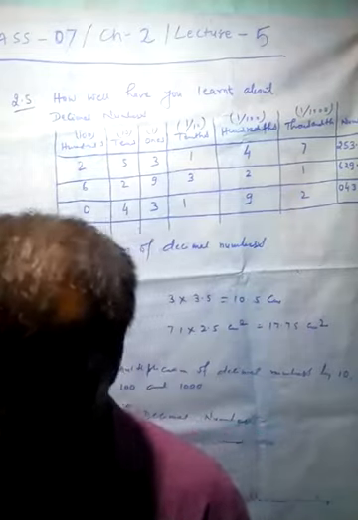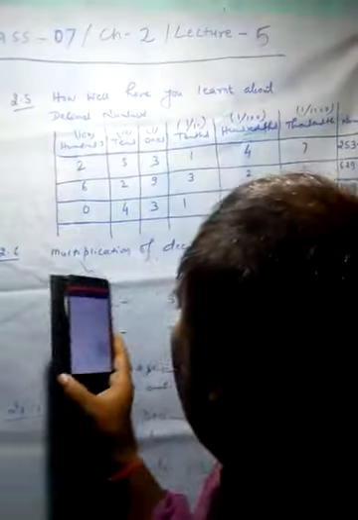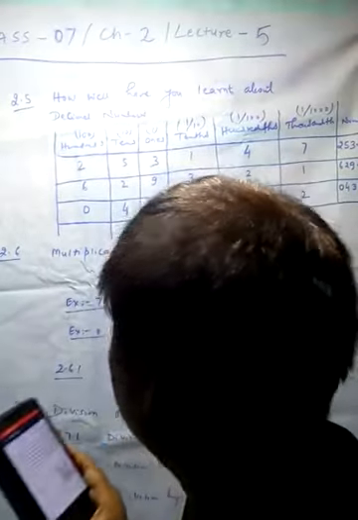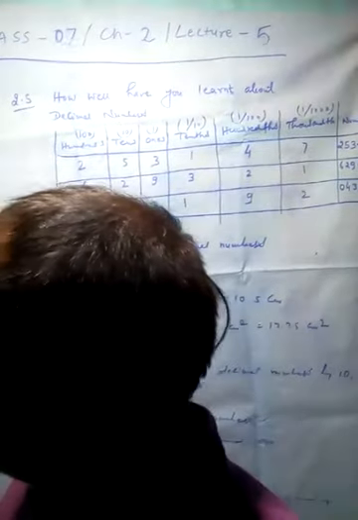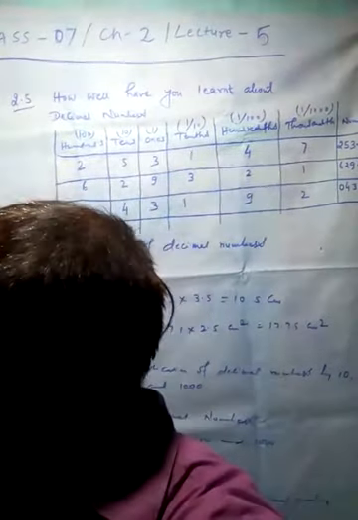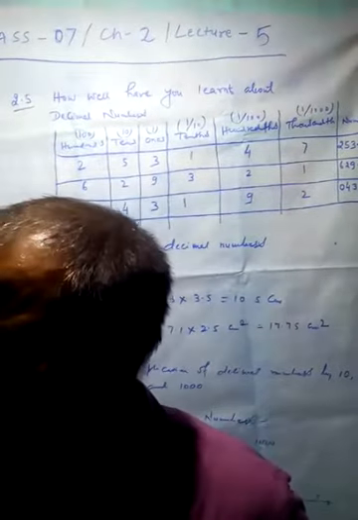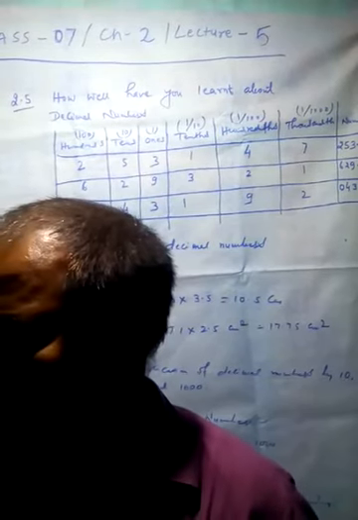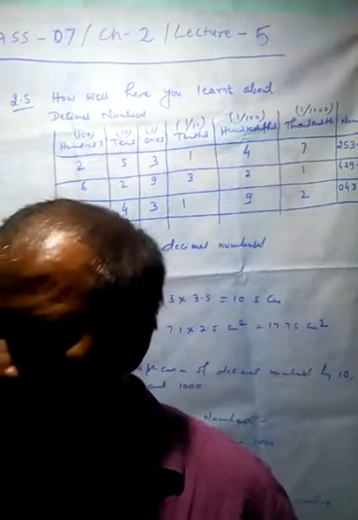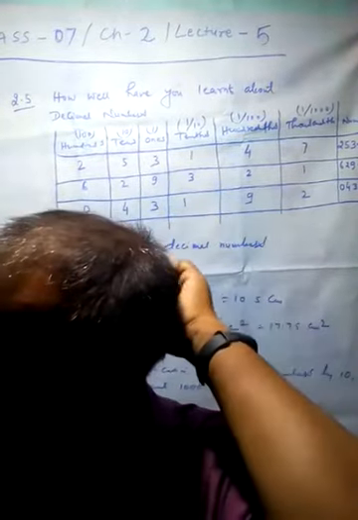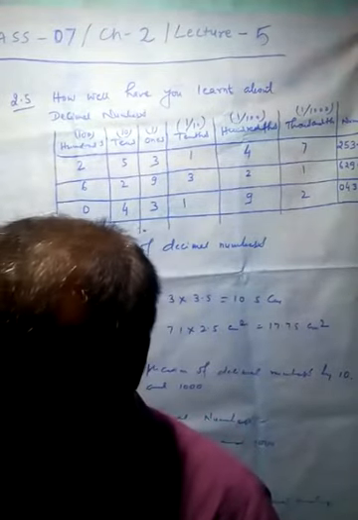Next topic is 2.6, multiplication of decimal numbers. This point is multiplication of decimal numbers. Resma purchased 1.5 kg vegetables at the rate of 8.50 per kg. How much money should she pay? Certainly it would be 8.50 multiplied by 1.50. Both 8.5 and 1.5 are decimal numbers.